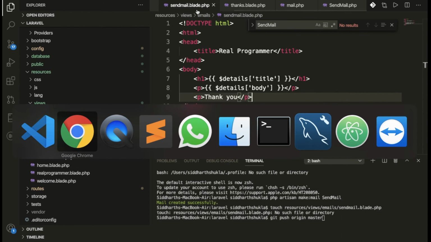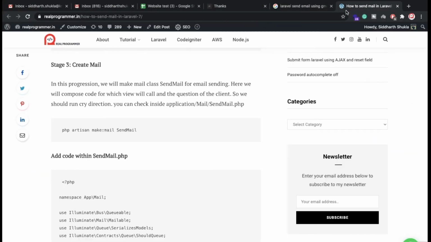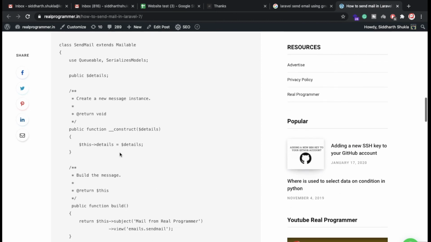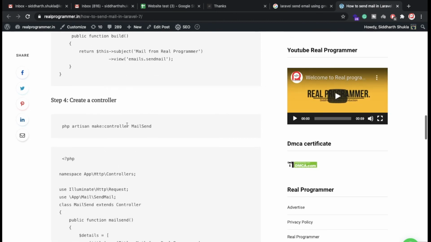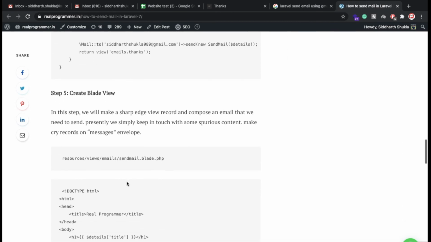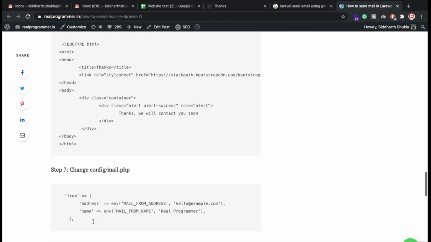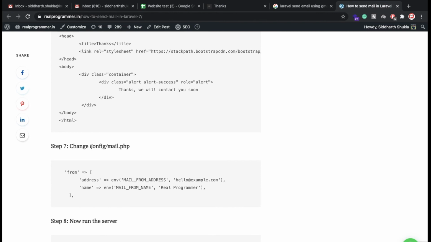So now you can check everything step by step. Then we have the send mail functions. I already explained about these functions. We have created the controller, and I have already a controller there, and here we have the file we have created, and we have the function. Also you need to configure. For security purposes I am not showing my email ID and password, so you can configure like this.